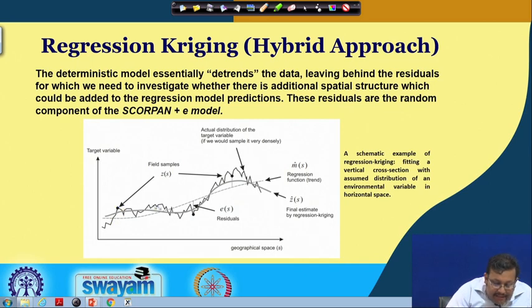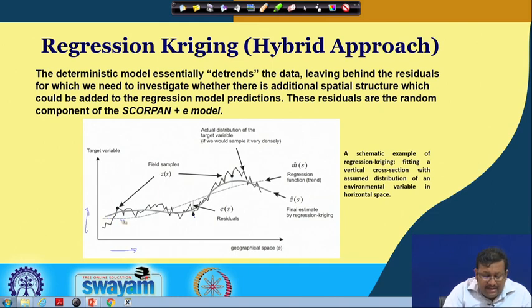If these are the field samples, this is the distribution of the target variable if you sample it very densely. Once we collect these samples, our next step is the deterministic model; the x axis is geographic space, and the y axis is the target variable.